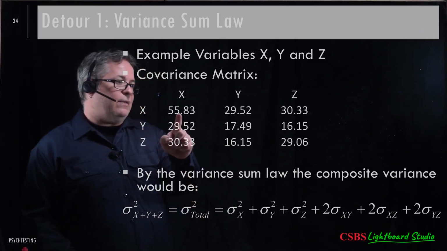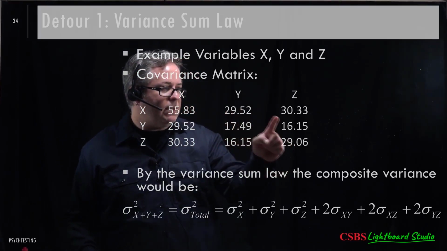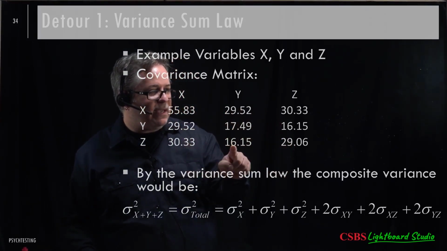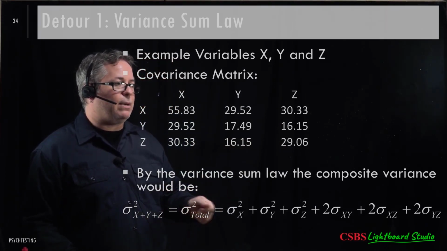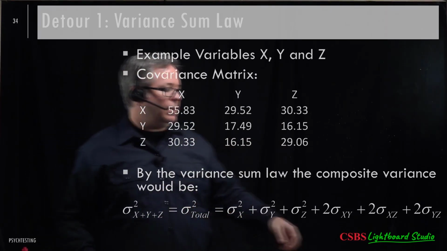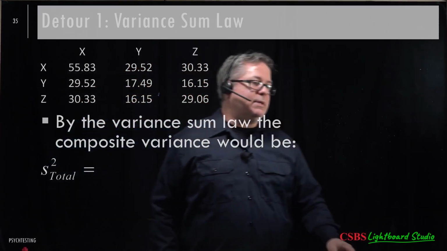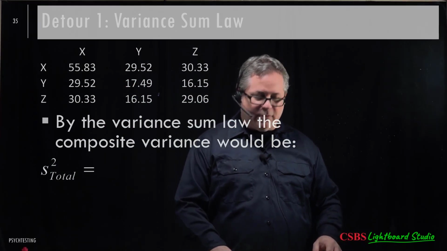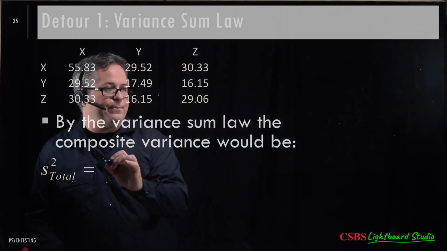Okay, so this adds up the variance of each item plus 2 times all their covariances, and it will give me the variance of the composite. I think I get an example. Yeah, so by the variance sum law, the composite variance here would be, this is figured out. It's not a whole lot of fun, but you take,